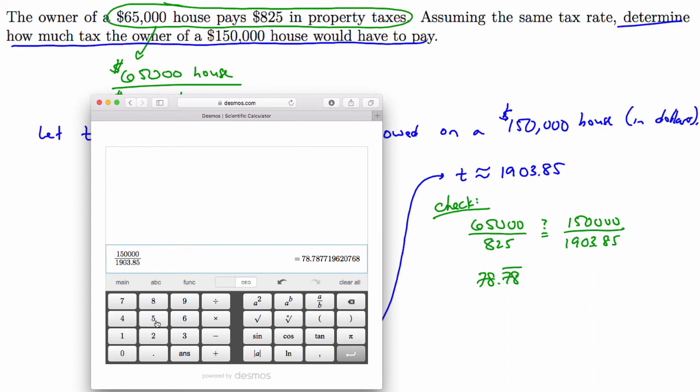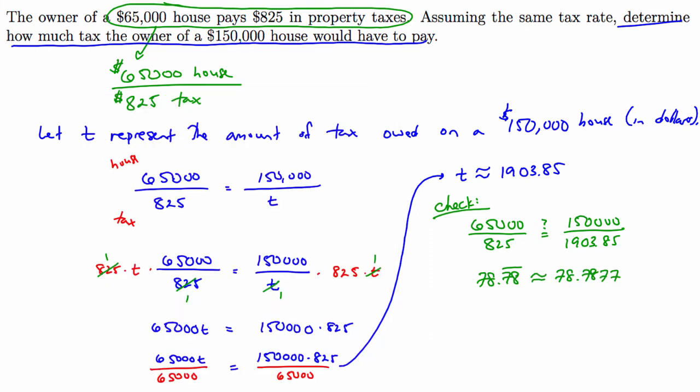Perhaps when I write this down on paper to show that the value did actually check out, I'm going to put an approximately equal there as well. So I'll write what we have there, 78.78 with the bar over it, is approximately equal to 78.7877. Again, I want to be careful to not say that these are actually equal, but it does check out given our context. The final thing to do is just to answer the question. Determine the amount of tax the owner of the $150,000 house would have to pay. The owner of the $150,000 house would owe